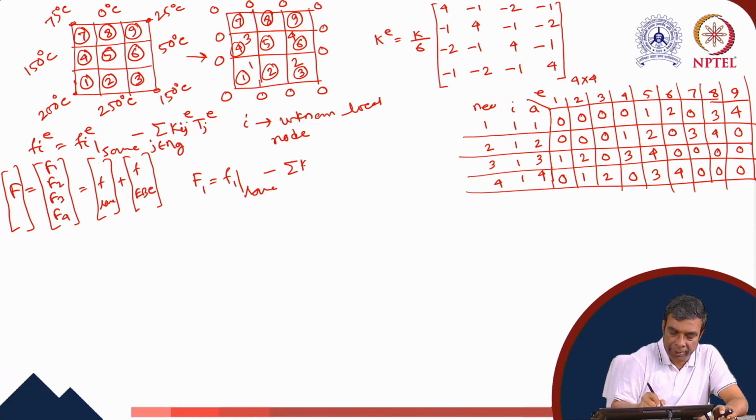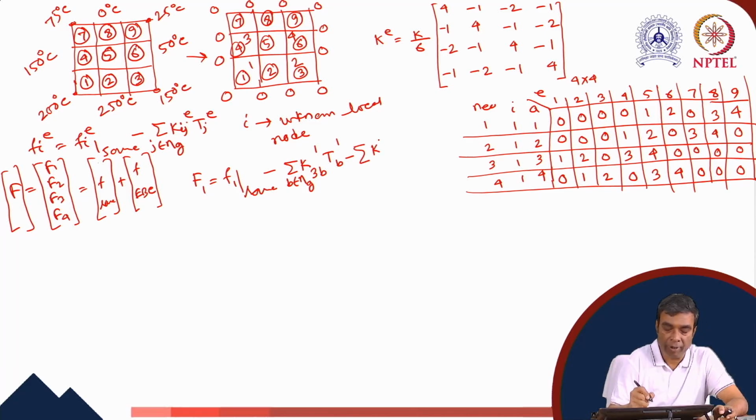So this is K_3B^1 T_B^1, for E equals 1, where B belongs to eta G. Now for element 2, the contribution comes from nodes 1 and 2 for the essential boundary, and we write the equation at local node 4. So I equals 4, so K_4B^2 T_B^2 minus